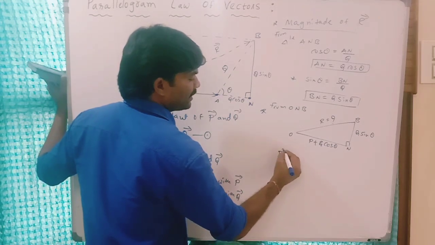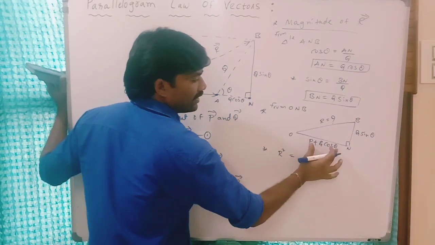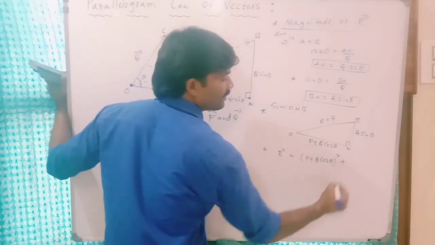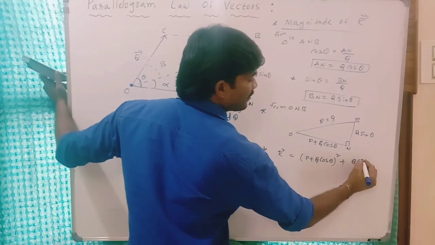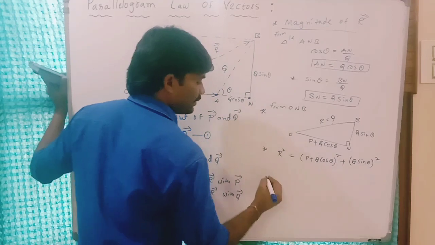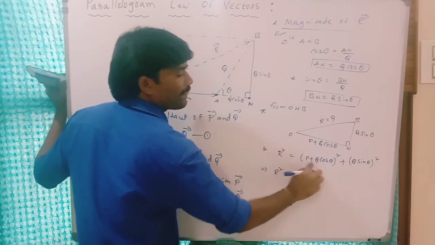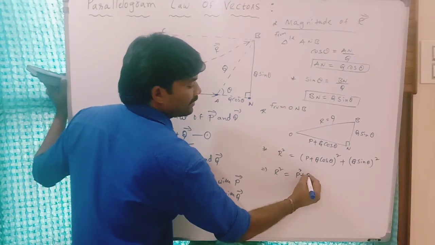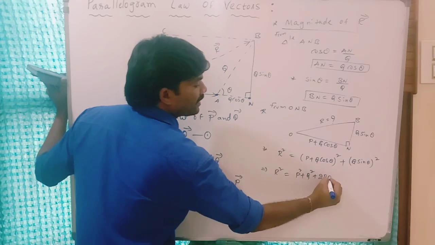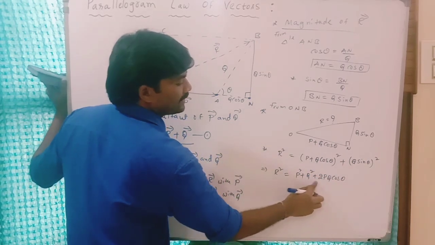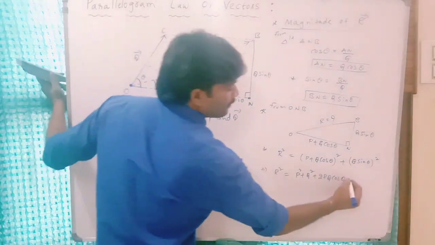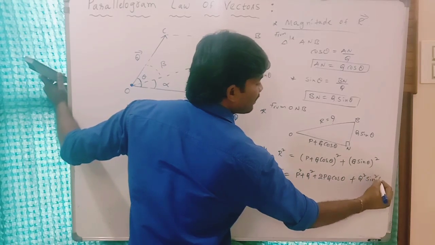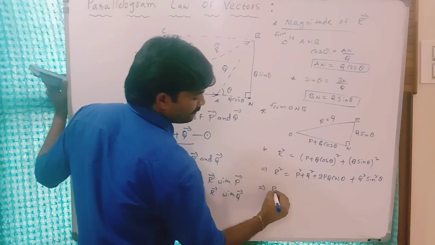So square of the hypotenuse is equal to square of adjacent side, P plus Q cos theta whole square, plus Q sin theta whole square. So it gives what? R square equal to, expand this, it is the form of (a plus b) whole square. So it gives P square plus Q square cos square theta plus 2PQ cos theta, where a square, b square and 2ab. Plus this term, you can write the square separately, Q square sin square theta. You can see the next step, R square.